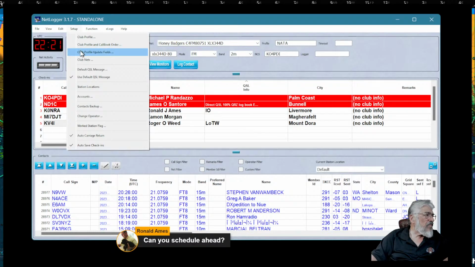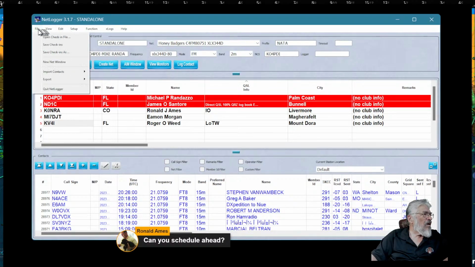Callback club updates, blah, blah, blah, club nets. Use default QS messenger. I've got to see import contacts.